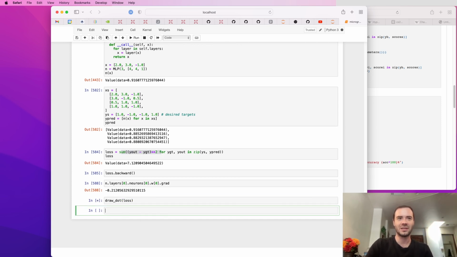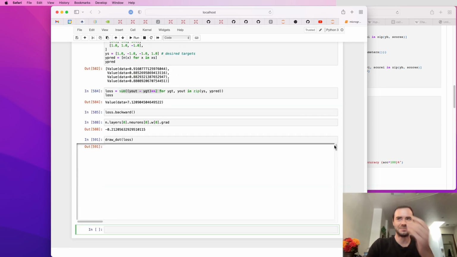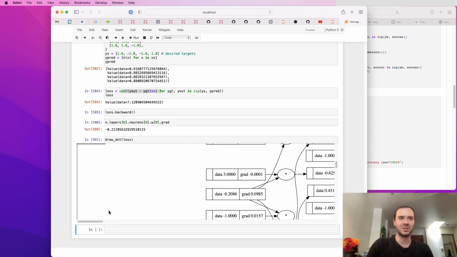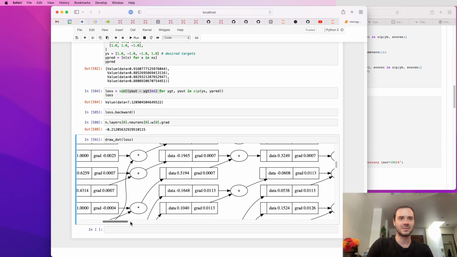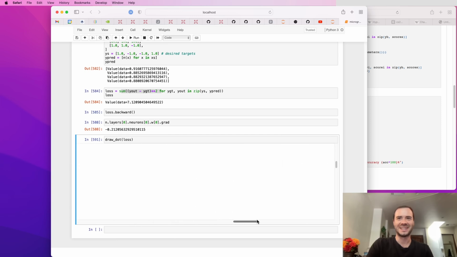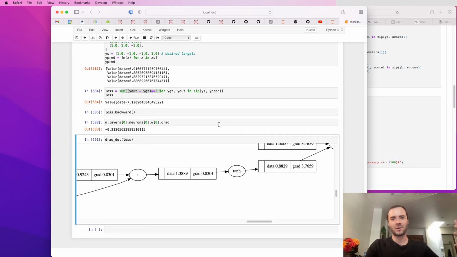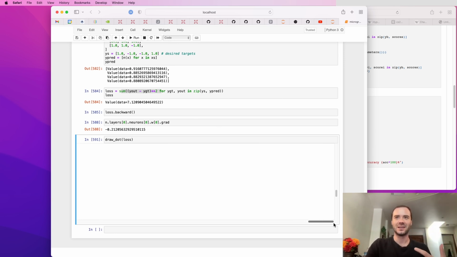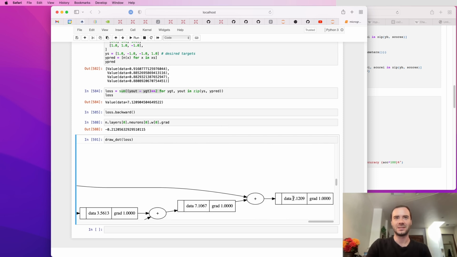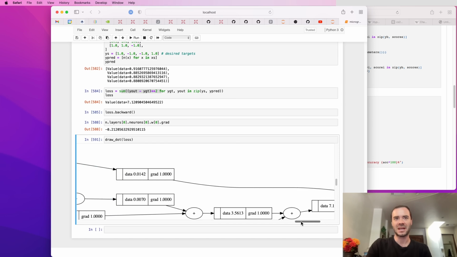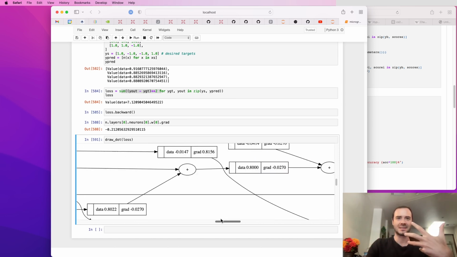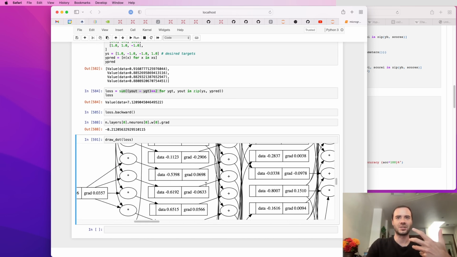And so this is a really massive graph. Because this graph that we've built up now, oh my gosh, is kind of excessive. It's excessive because it has 4 forward passes of a neural net for every one of the examples, and then it has the loss on top, and it ends with the value of the loss, which was 7.12. And this loss will now backpropagate through all the 4 forward passes, all the way through just every single